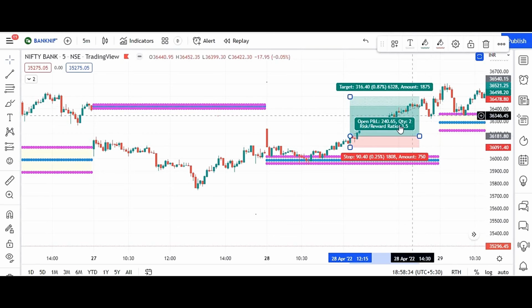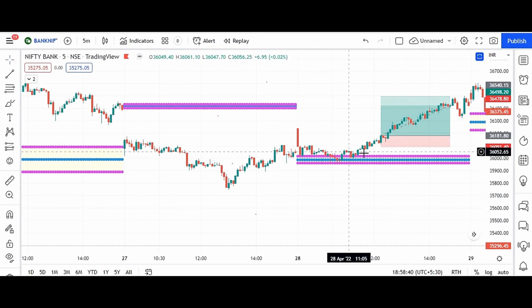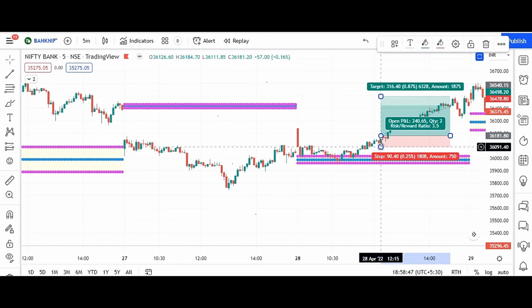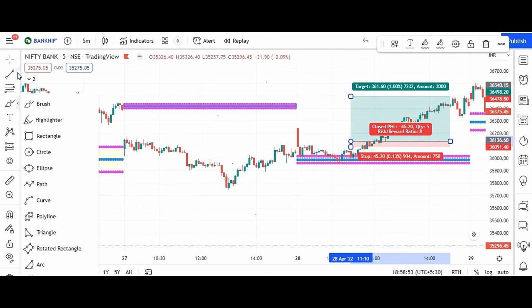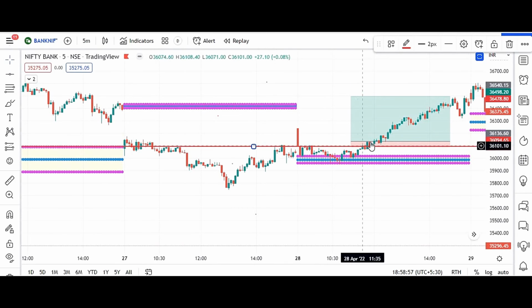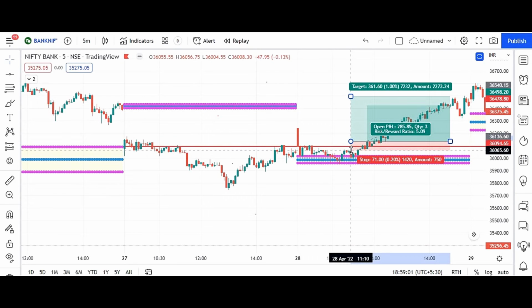So 1:3. Good move for you. You don't take entry on this CPR, so wait for the breakout. Once this breakout has happened, actually the breakout is happening here. Take entry here particularly. Mark the level on the particular day like this. Mark the level, the top central pivot. This breakout is happening, take an entry, protect stop loss,